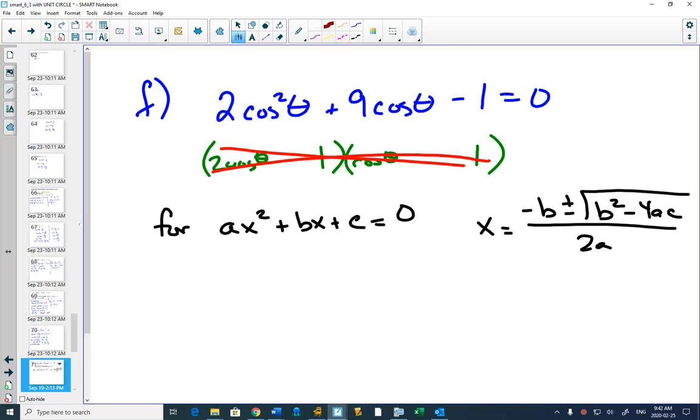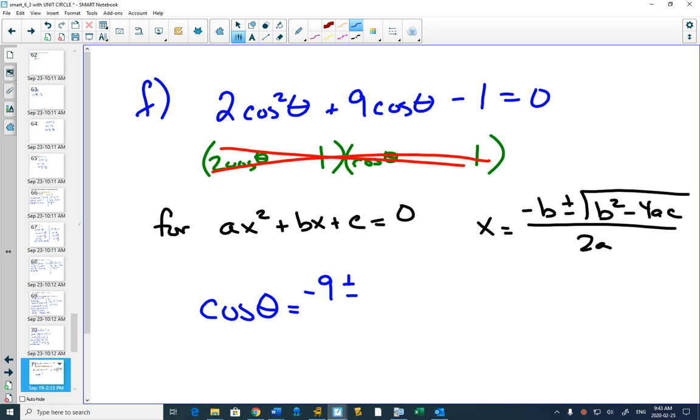Now, the formula there says for ax squared plus bx plus c, a, b, and c are coefficients or constants. They're numbers. The x is the variable. But we don't have an x in our equation. What do we have? We have cos. So instead of x equals from your formula sheet, you would start off by writing cos equals